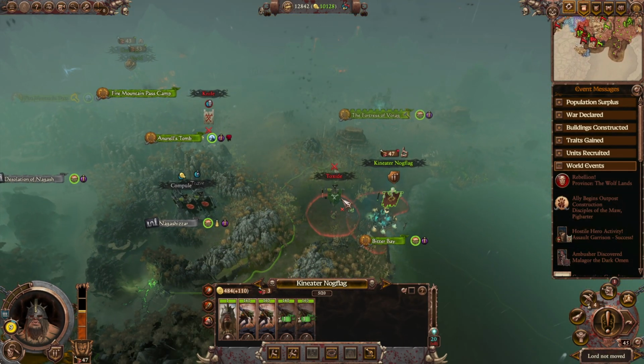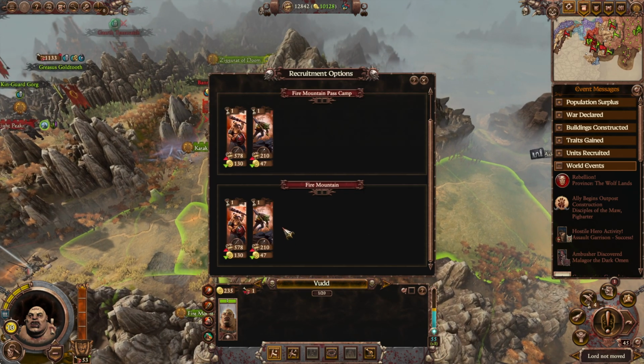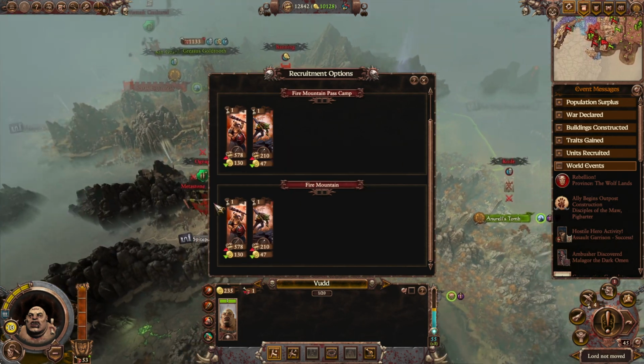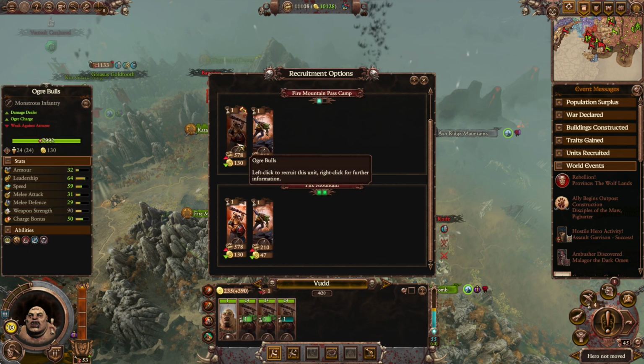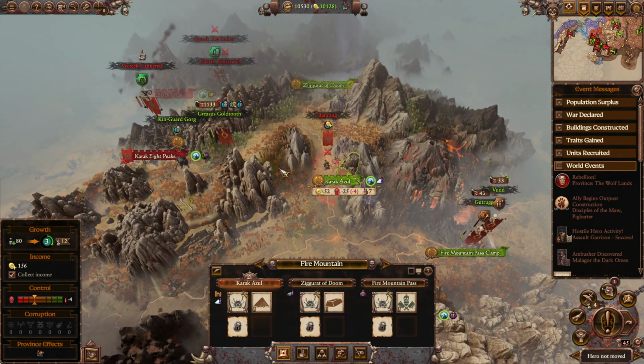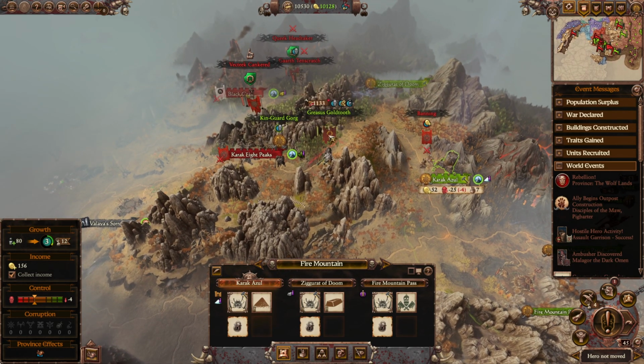But, yeah, hopefully this guy can deal with that rebellion. The camp, we are getting more units here still. I'm just surprised they didn't actually move in and take Fire Mountain Pass. But, yeah, I expect both of these, all 3 of these actually, to get attacked, so...